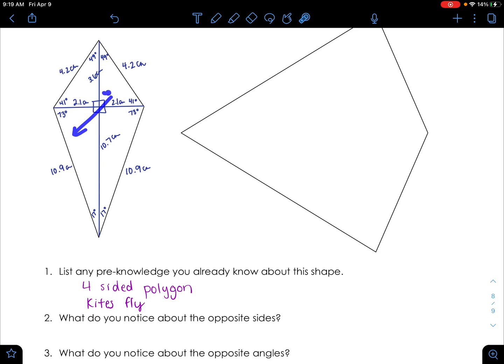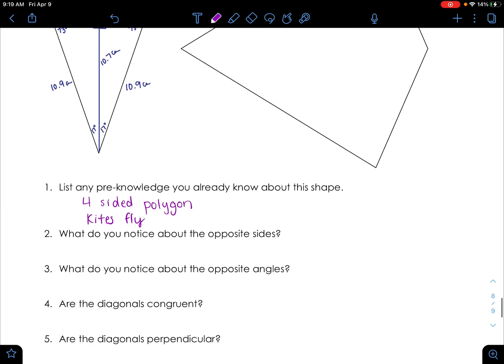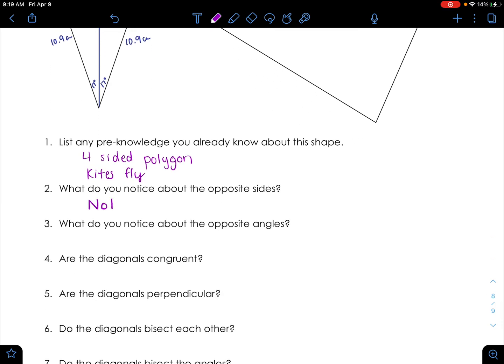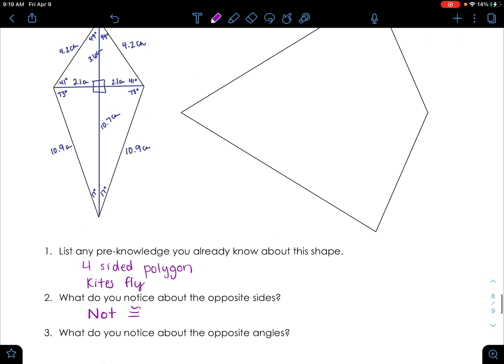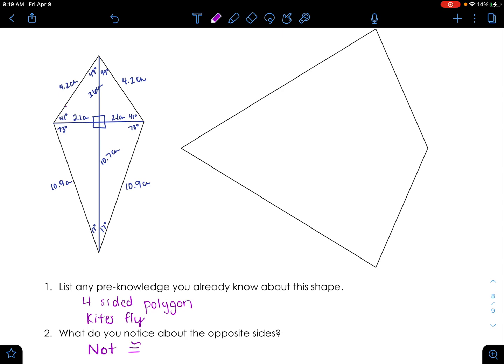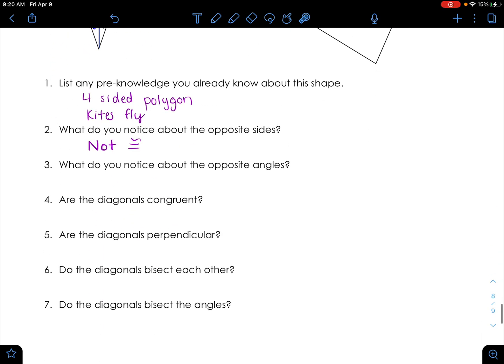All right, so these opposite sides, what do I notice? Well, 4.2 is not the same as 10.9. So what do you notice about the opposite sides? They're not congruent. I'm sure you can write out congruent. That's a great idea, but I don't love writing, so I'm going to just use the congruent symbol. What do you notice about the opposite angles? Well, I'm noticing that these opposite angles, if this is the same as this and this is the same as that, this one pair of opposite angles is congruent. But 49 is not the same as 17. Interesting. So what do I notice about the opposite angles? One pair